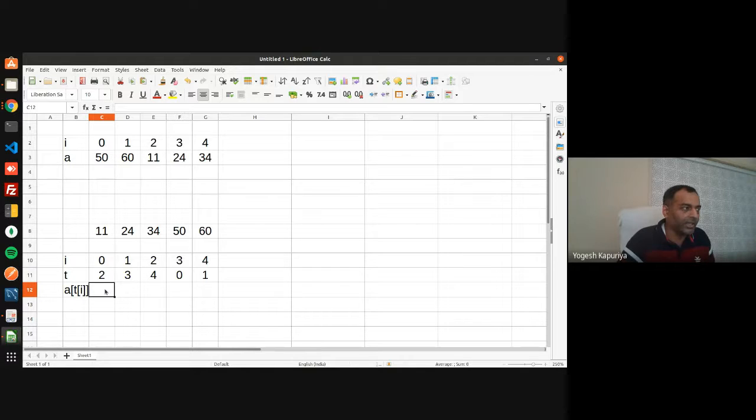So this indirectly points to 11. Again i plus plus, so t of 1 is 3, then a of 3 means 24. So this indirectly points to 24. This is how you get the sorted numbers in indirect sorting.